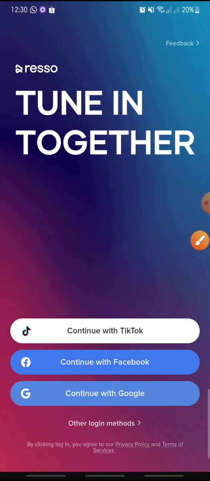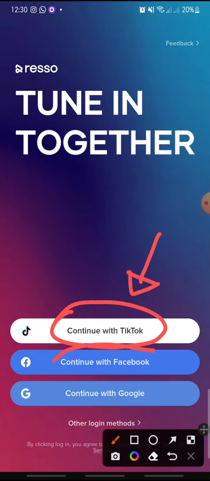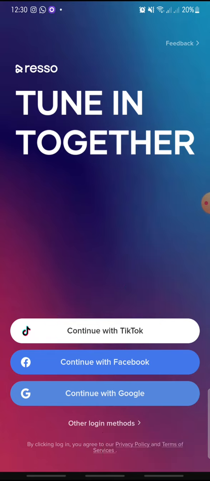And in here, if you wanna log in to Resso, you can see three options. You can log in with a TikTok account, you can log in with a Facebook account, and you can log in with a Google account. But in here I wanna try to log in with a TikTok account, so you just click on the TikTok account, and after this